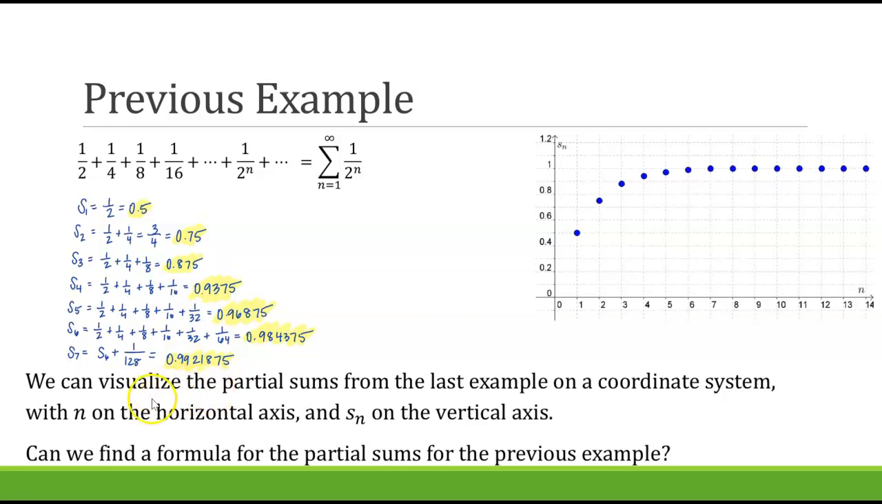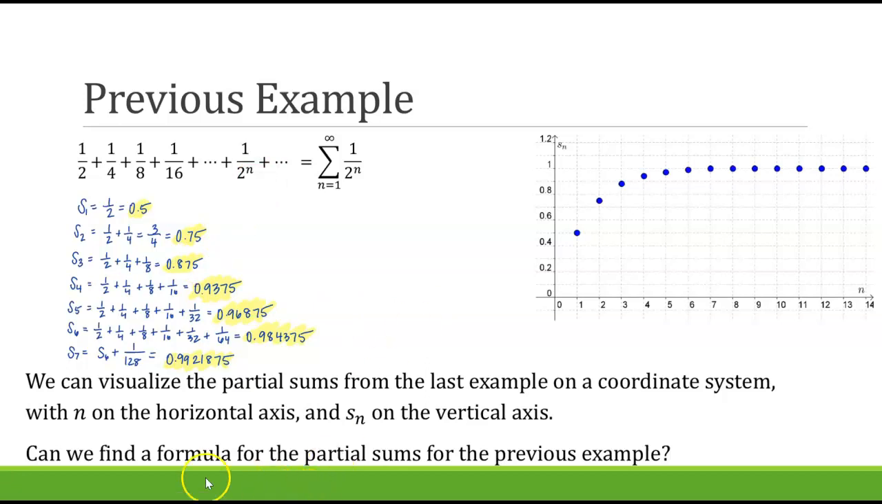Well, we can also visualize these partial sums from that last example on a coordinate system, on a graph, with n on the horizontal axis and S sub n on the vertical axis. So here we have these same values graphed, and we can see that they are getting closer and closer and closer to 1. So we have this numerical analysis and this graphical analysis that are leading us to believe that this infinite list of numbers here is actually going to equal a finite number, and that finite number is 1. But can we confirm this